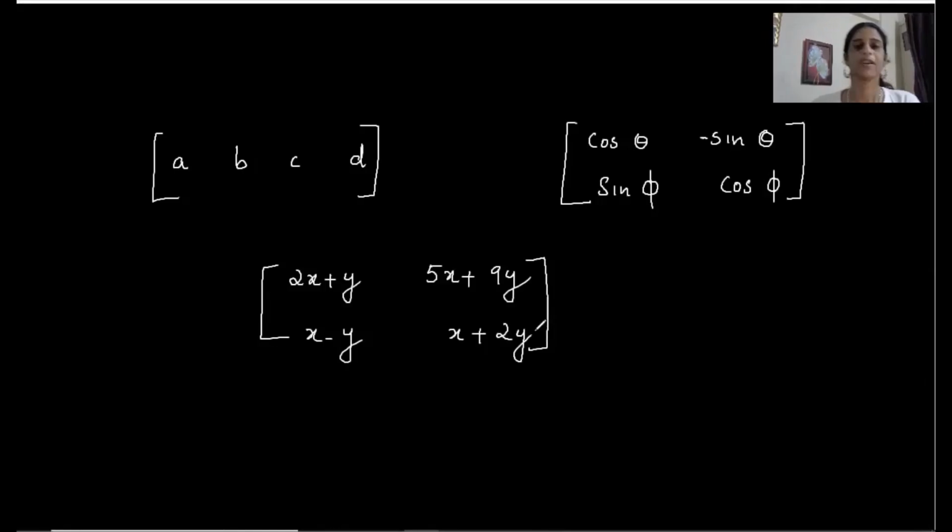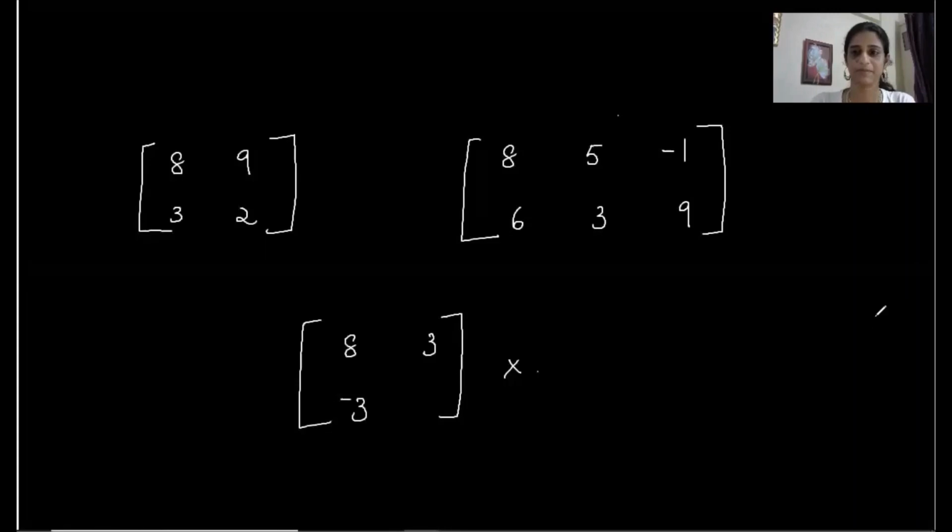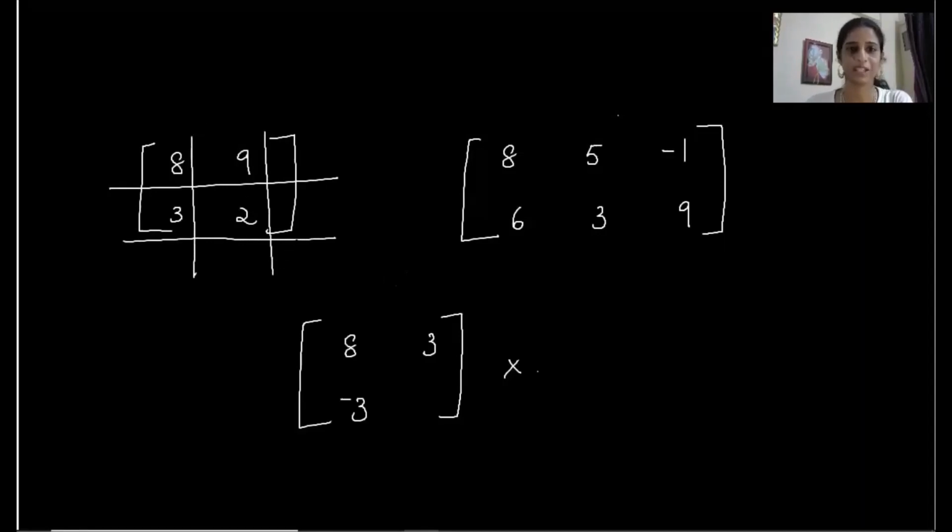Here we have some more examples of matrices. All these are examples of matrices. Now, how can you define a matrix in rows and columns? Let's see. In the first one, we have 2 rows and 2 columns. This is the first row, this is the second row, this is the first column, and this is the second column. In each row, we have 2 elements, and in each column, we have 2 elements. And this is a matrix.